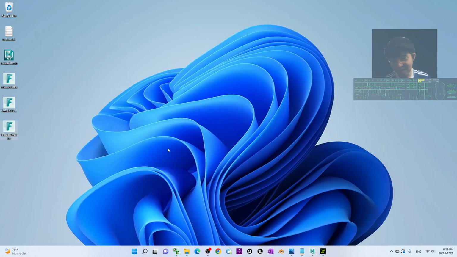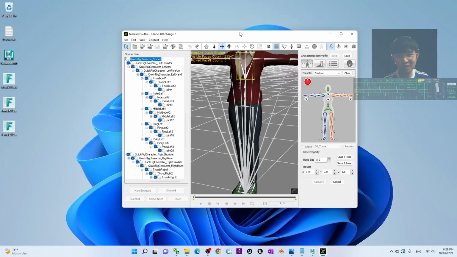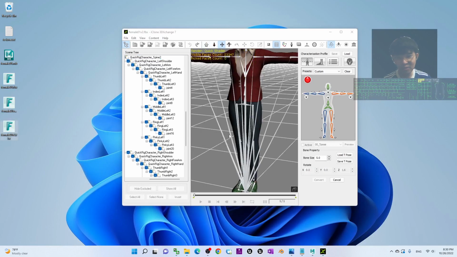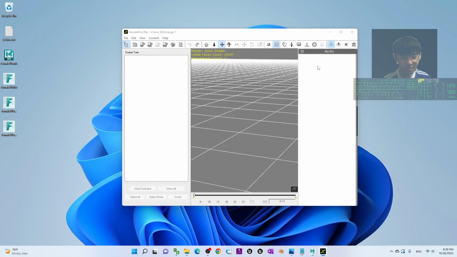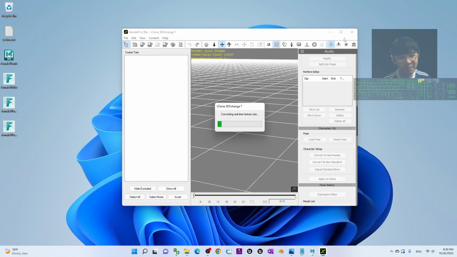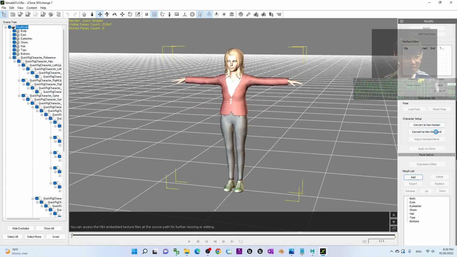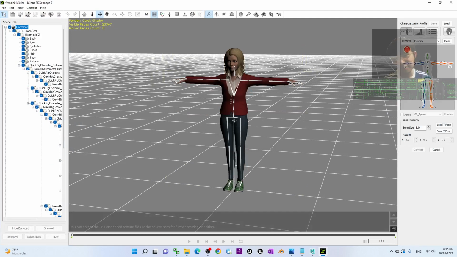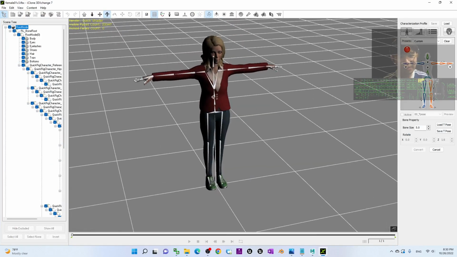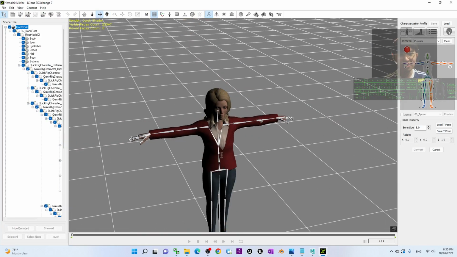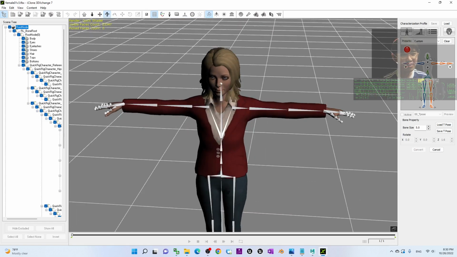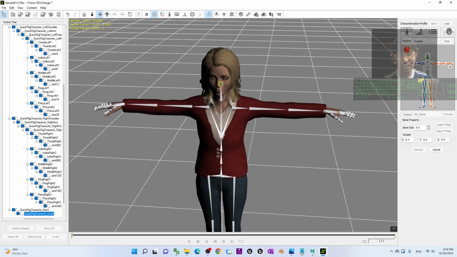For this format, maybe it is more suitable for the third-party software. You drag in, don't convert. For example, now there will be no more references as a distraction. But now everything looks very beautiful. It is just the bones. And maybe I try to plot this in third-party 3D animation software.